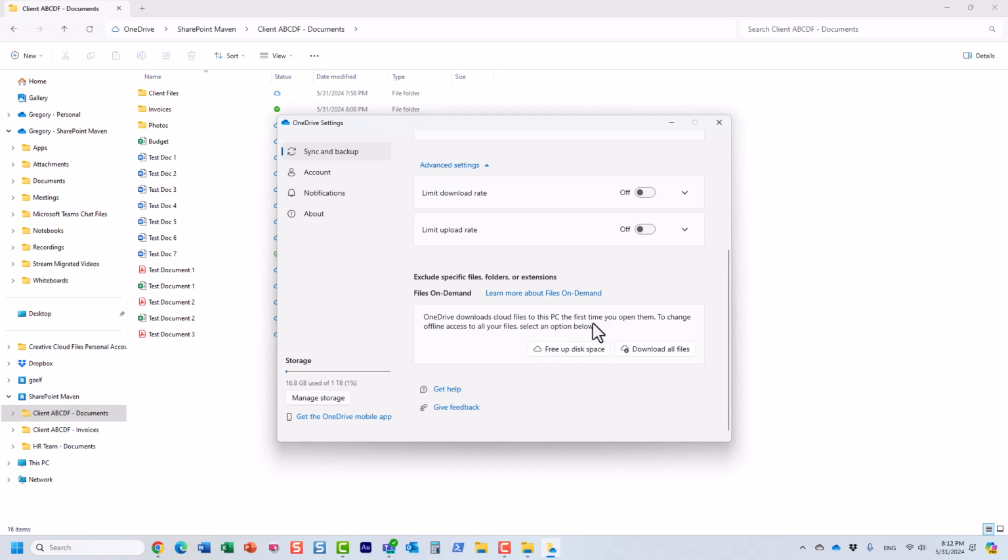By default, of course, files on demand is enabled. If you need to disable it, you just need to click download all files. Now, I'm not going to do it because obviously that will just take over the whole Wi-Fi bandwidth. At that point, it will physically download whatever you have in your OneDrive, in all of these libraries. If you have some large videos,